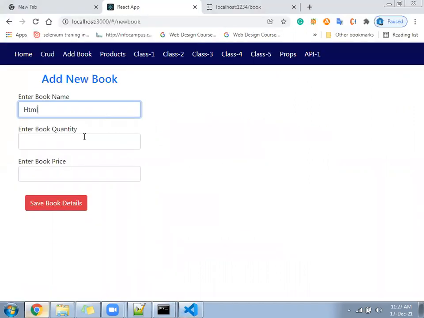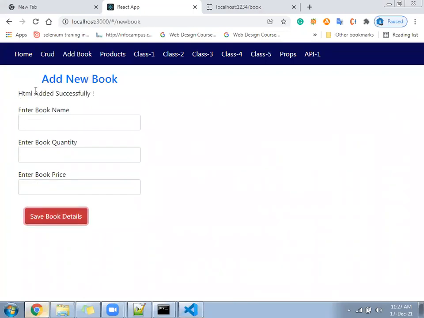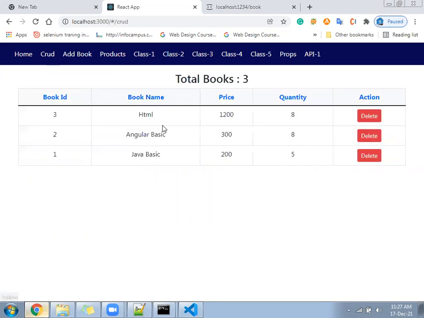HTML, quantity 8, price 100. The book HTML added successfully. If I go to the current page, I should find HTML here. And the same data will get added in your JSON server also.